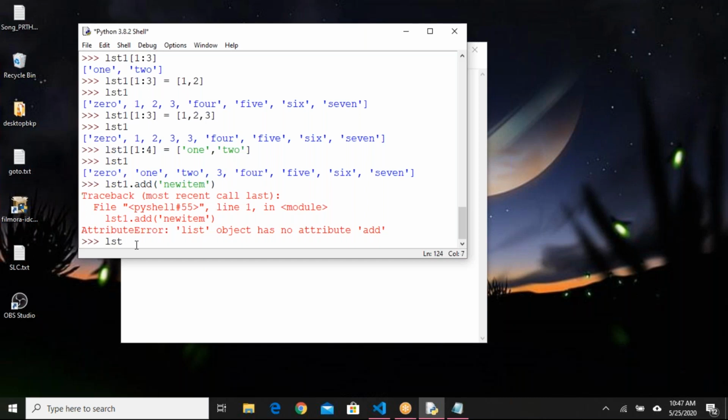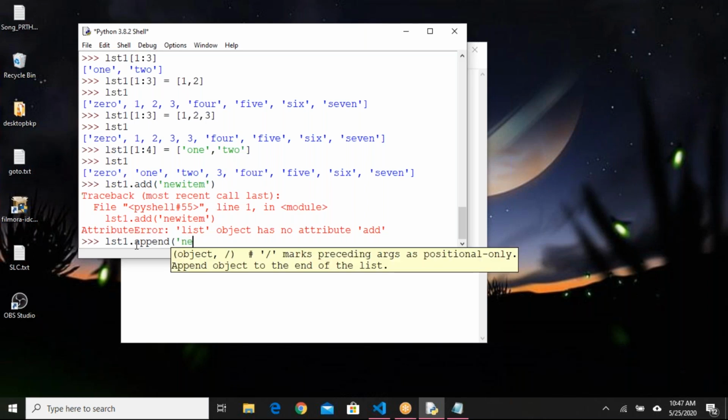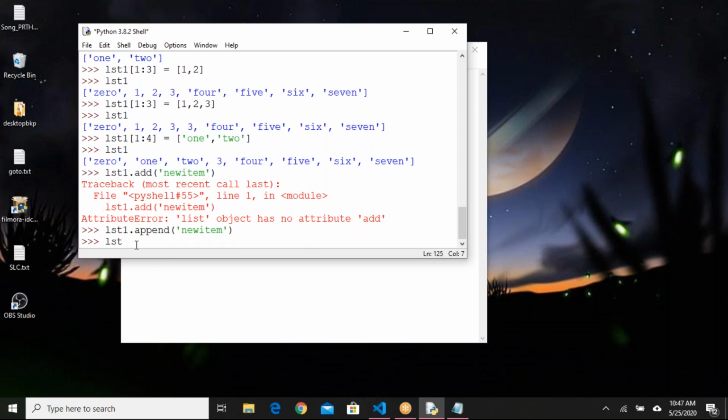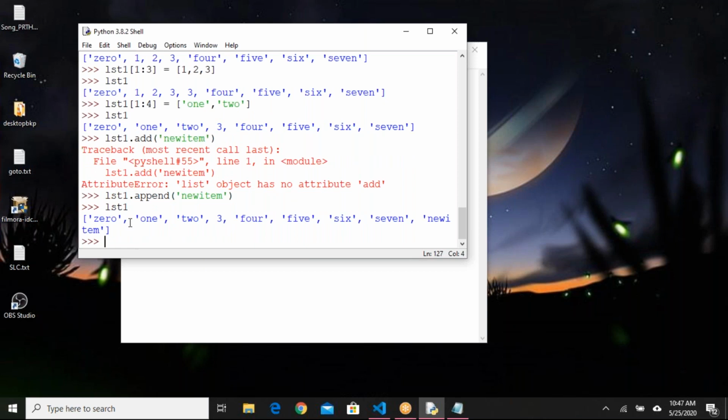I have to say append, not add. That's it. If I say list1 dot append, it will add a new item to the list. You can see the item here, new item.